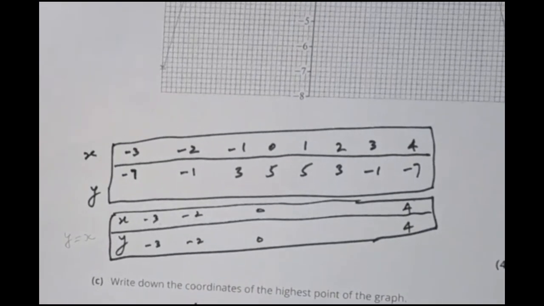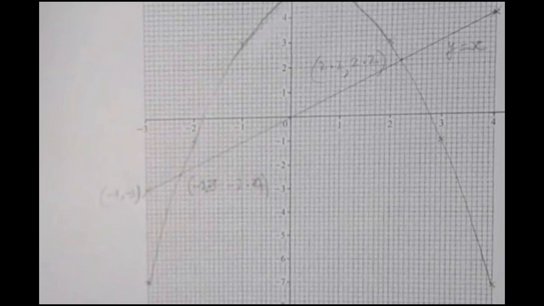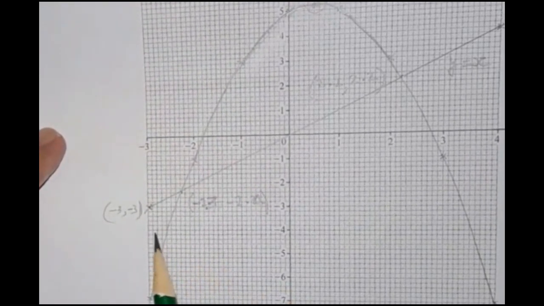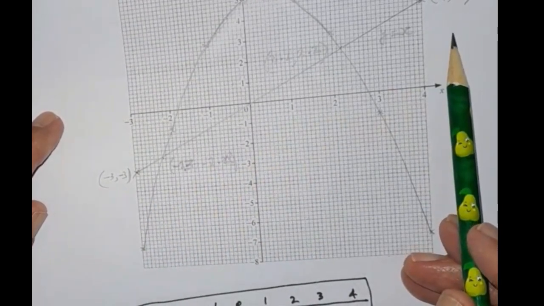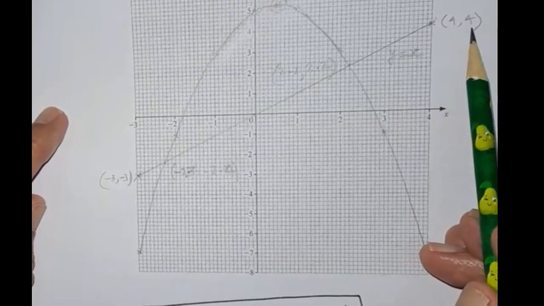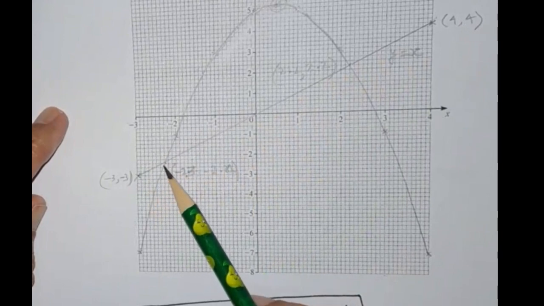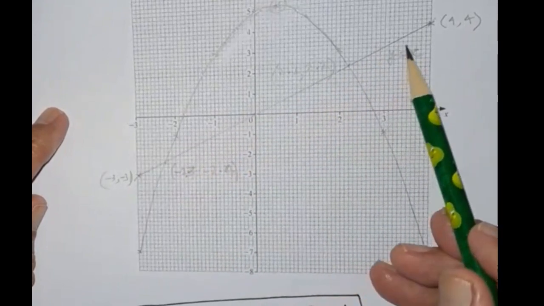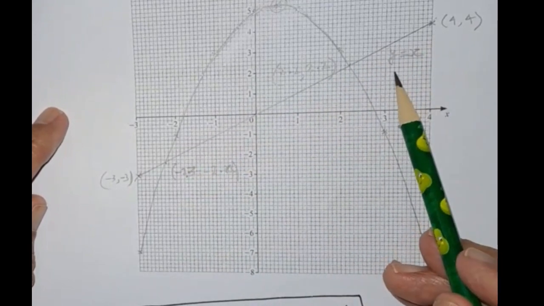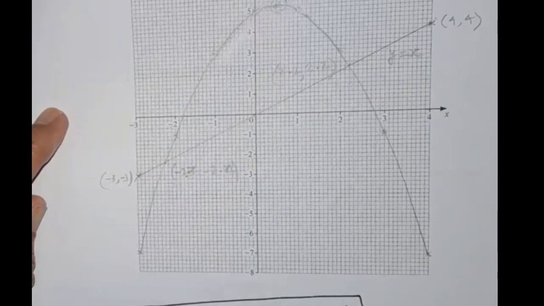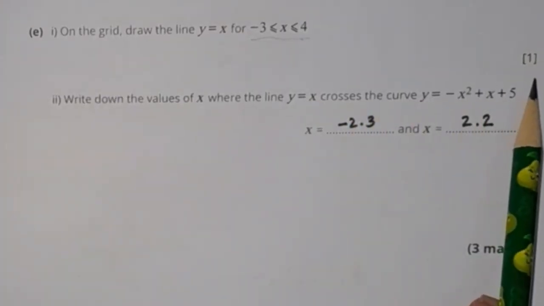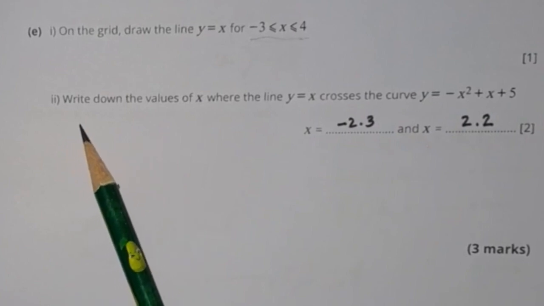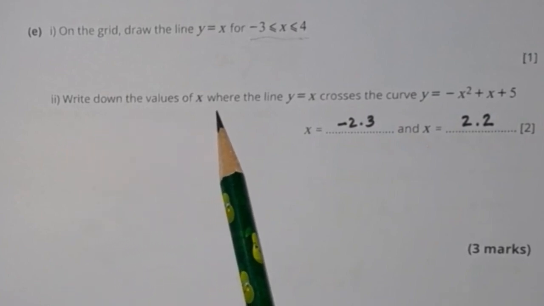So we draw a line for y equal to x. This is -3, this point, and this is 4 and 4, and we join these 2 points to get the line y equal to x. I have written y equal to x here. This gets us 1 mark, and then we go on to part 2, write down the values of x where